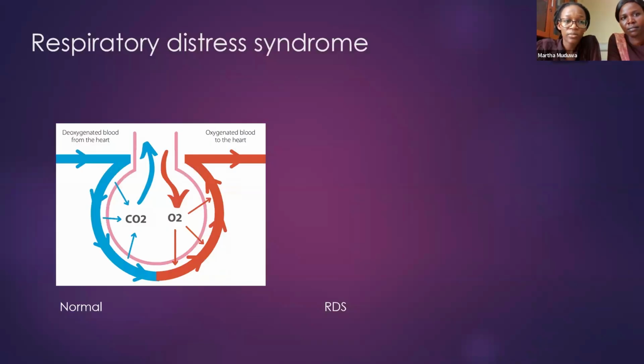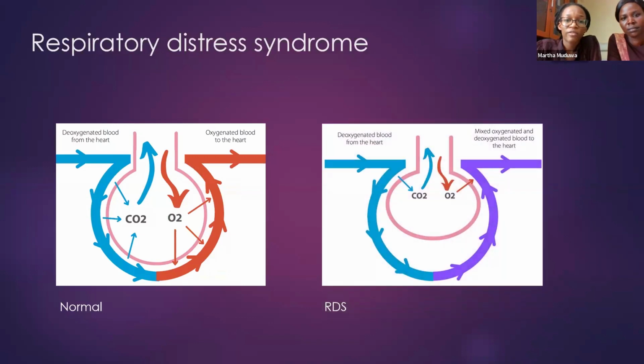So this is what I've been describing. This is a normal alveoli. You have your oxygen in and the exchange is happening and the carbon dioxide goes out. While when you have a collapsed lung, you have much less of the gaseous exchange happening at the alveoli since it is collapsed. So you start shunting blood away from the collapsed alveoli, and then that just worsens the acidosis that we had